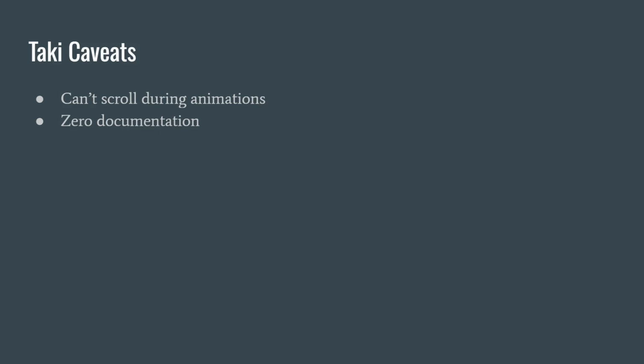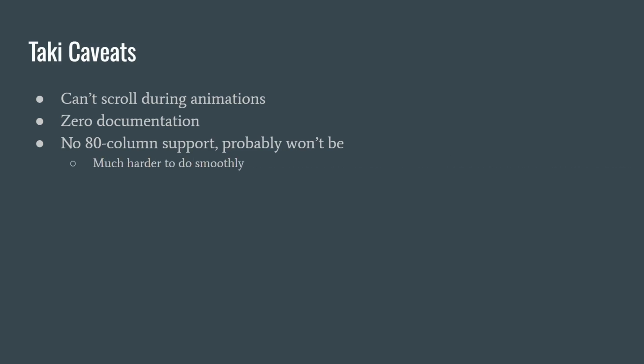There is no 80 column support, and there probably won't be. The things Taki does are significantly more difficult to do as smoothly in 80 columns. The bounce-in effect, for instance, is liable to be quite a bit trickier in 80 columns. Most Taki effects write their text by setting screen memory directly, and do not use the standard output routine because it would be far too slow. Some of them effectively compile the collected text directly into a series of load A and store A machine code instructions it will use during the animation to keep the time spent to an absolute minimum.